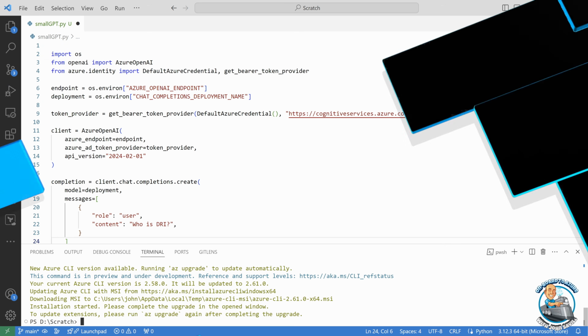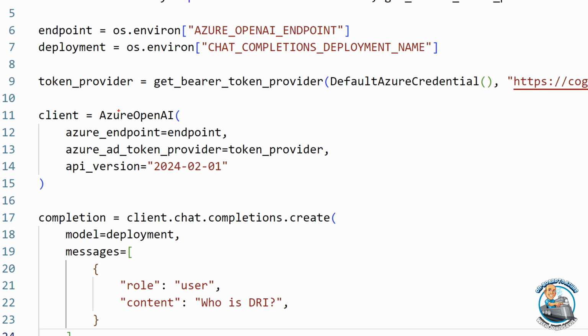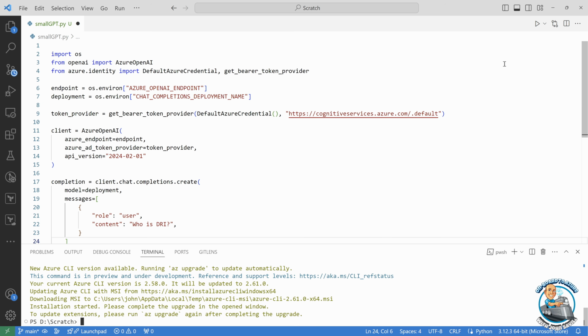So when we go and look at this, I am saying just get a token for my current credential. And then we're going to create a client and we're going to use that token provider for our connectivity. Now, what this does mean is whatever I'm running as, so I'm running as john@saviltech.net, it needs permission to use